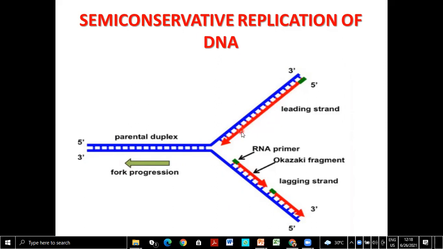Here the leading strand is synthesized continuously, so it is the continuous strand, on the 3' to 5' parent strand, in the 5' to 3' direction. And on the 5' to 3' strand, again in the 5' to 3' direction but opposite direction, small fragments are synthesized, the Okazaki fragments we've learned. This is the lagging strand, and it will be joined by the enzyme ligase, and finally a continuous strand is formed. So two daughter DNAs will be formed.